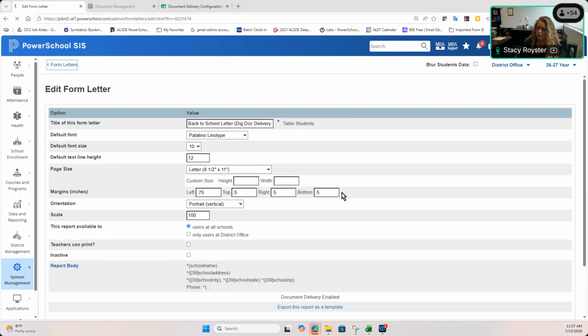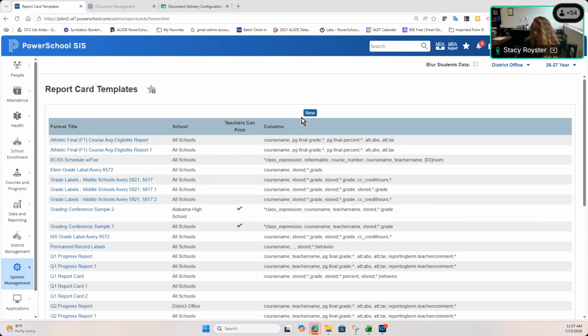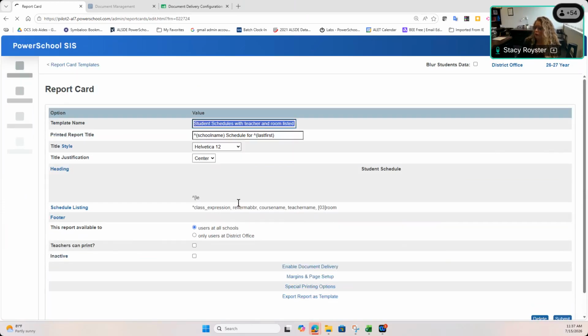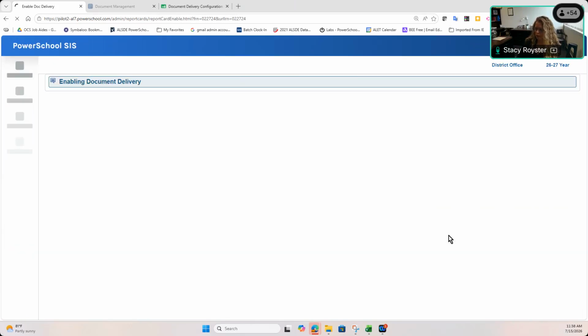And this is going to be the same thing for report card templates. If you're using report card templates in here, because like I said, I know a lot of y'all have built schedules. Let's see, I think I have one in here. Student schedules with teacher and room listing. Yeah. If you're wanting to enable this as a digital document delivery, then again, right here, Enable Document Delivery is going to be down here at the bottom. So if I enable it here,